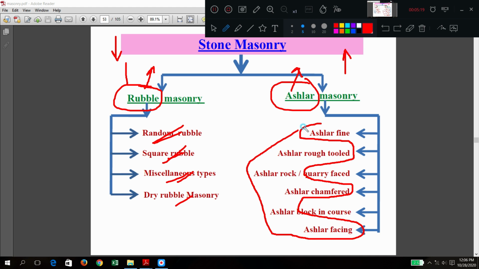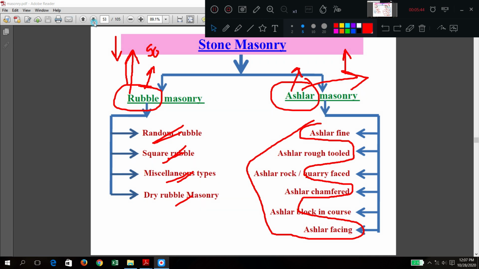So many types are there, but in the broader classification you should remember: refinement is less in rubble, which means for aesthetic purposes it doesn't give a pleasant appearance, but ashlar is regular, with a very aesthetic appearance.